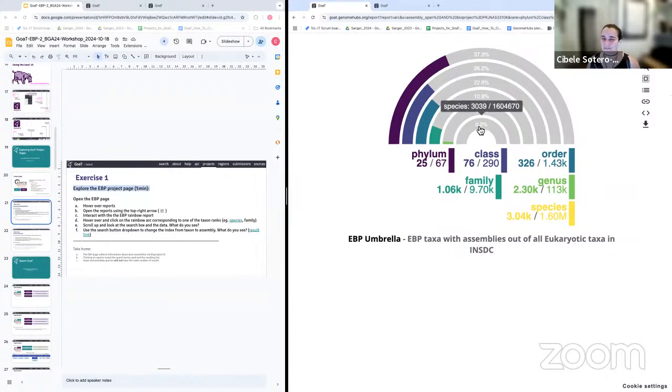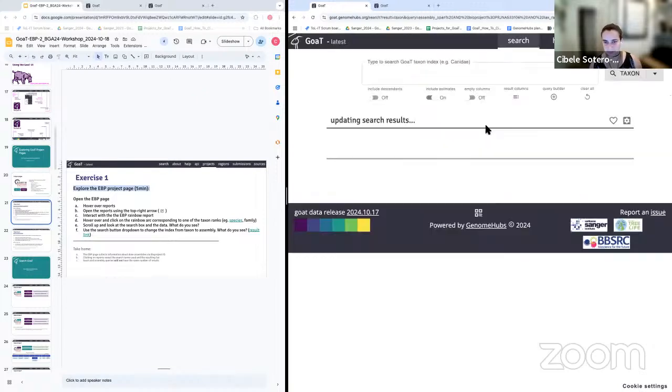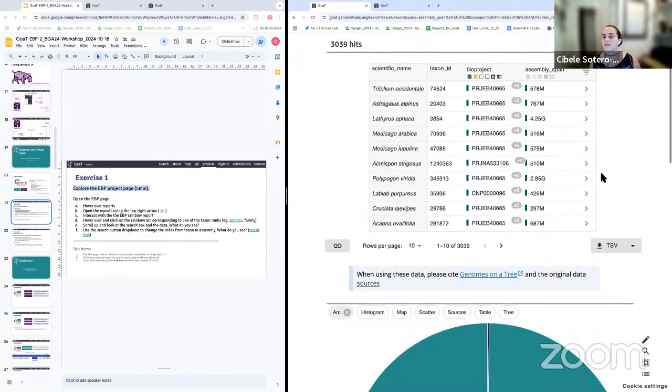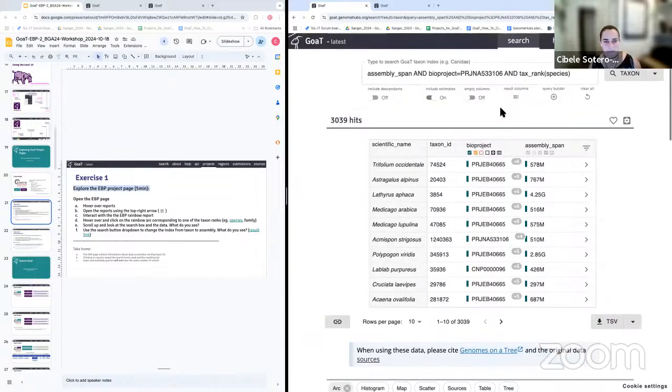And here we have 3,000 something species out of all of the targets. So this is out of all of the taxa in the NCBI taxonomy. And if you click on it, it will expand. Sometimes you'll go to the bottom of the page and you have to go up, but still, it's everything that has a bioproject under the